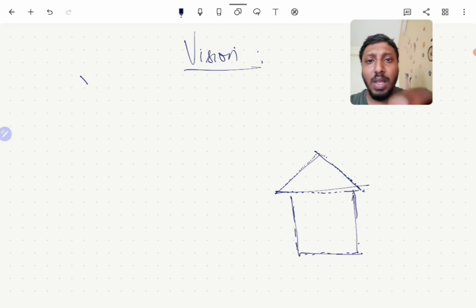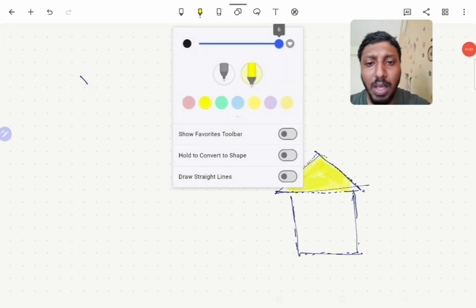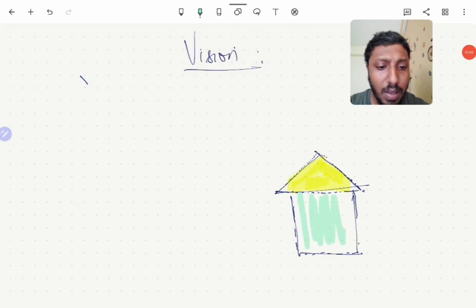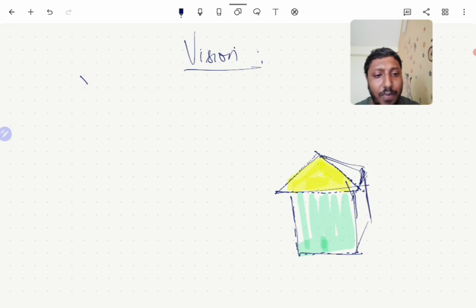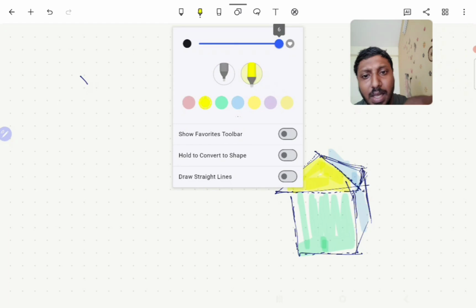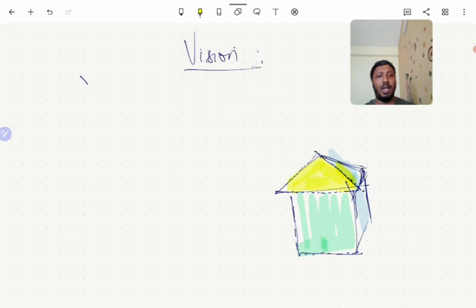Then we might want some color, so we will add some color, and that's how we usually draw a picture. We might even add some amount of 3D, with differences in line and shadows. We'll do a lot of shadow work like this, like shading, so that it becomes a little real, to give the 3D effect. So this exactly is how we see. That is why we also draw like that.